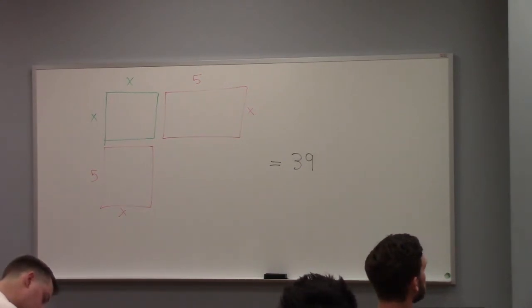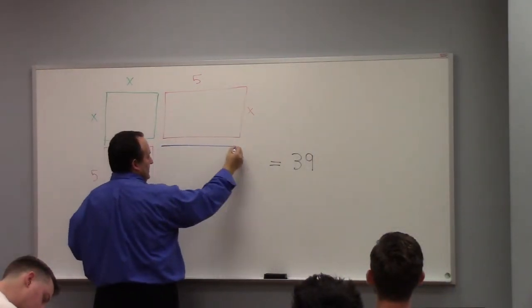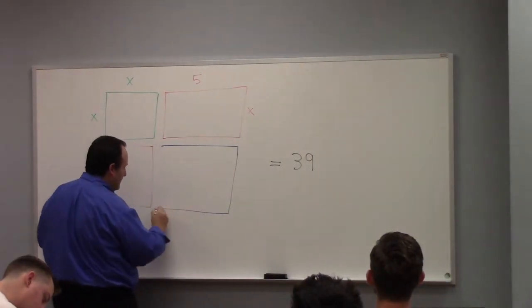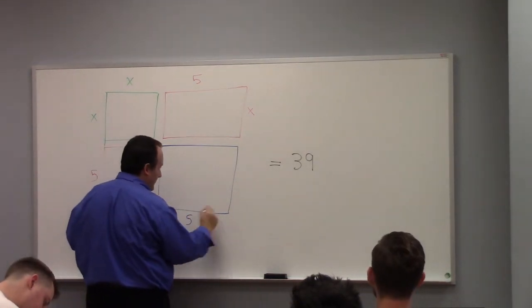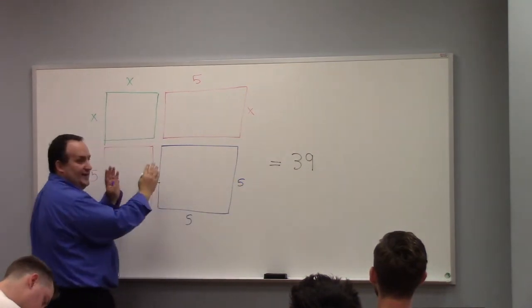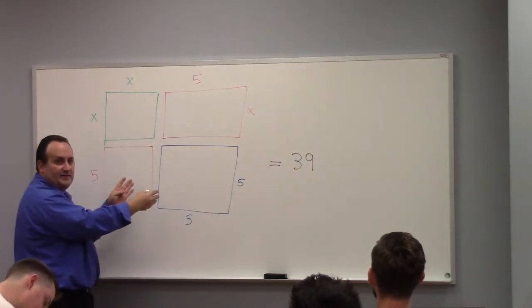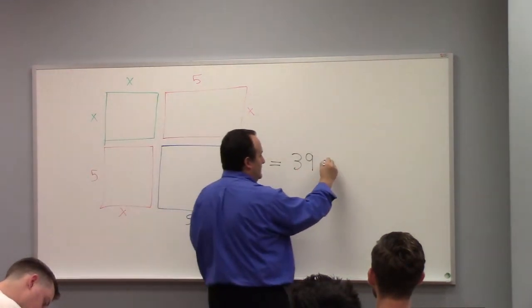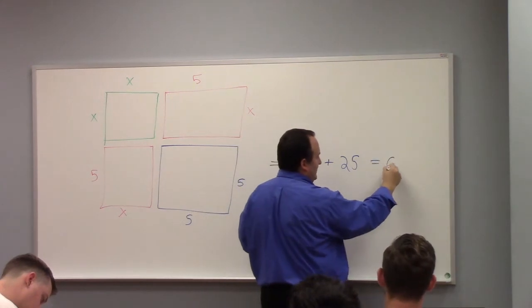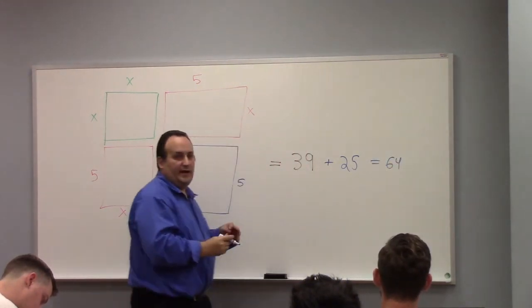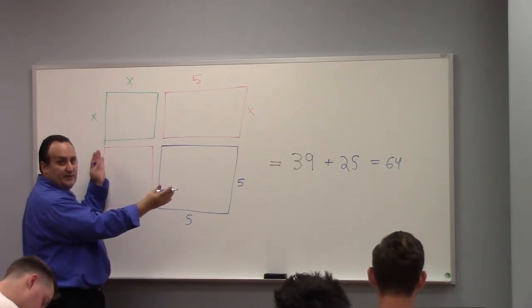So the reason the answer is C is just this, right? If you complete the square, this would be a 5 by 5. So if I've added a 5 by 5 square here, that means I've added 25 units of area, right? So I have to add 25 over here, which gives me 64. I have a square with area 64. What's the length of its side in total?